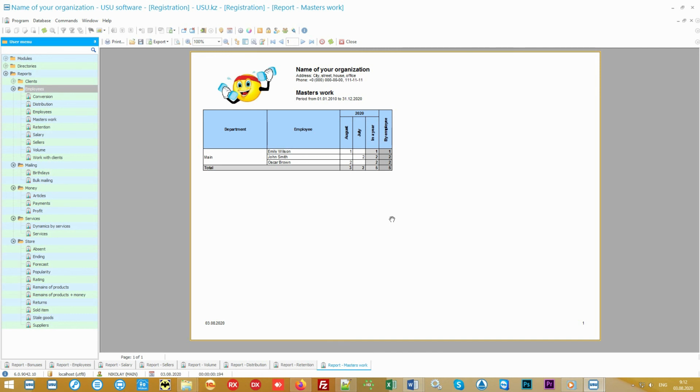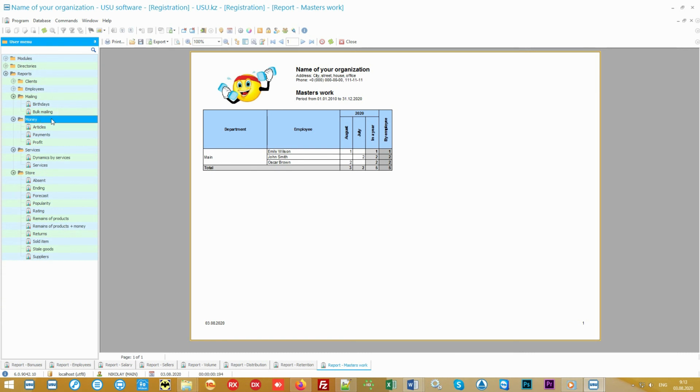Please note that all reports will be generated with your logo and details. And all analytics can be built for any period of time. This means that you can easily analyze one day, a week, a month, or even a whole year. This is especially useful for the most important thing that every organization should do: financial analysis.